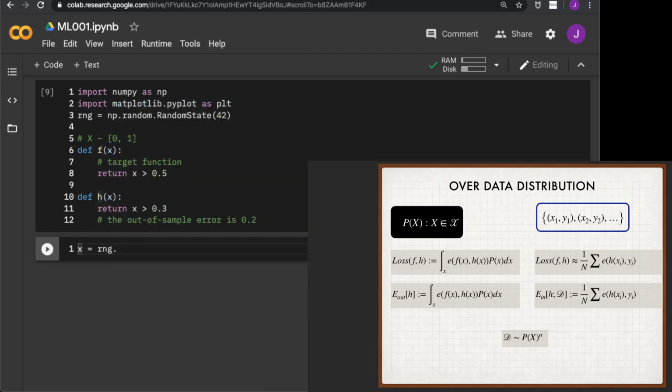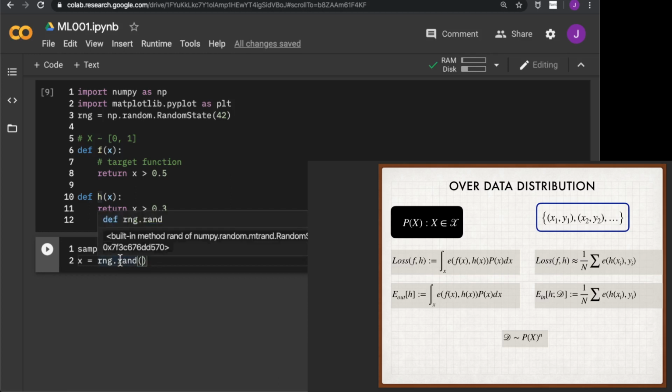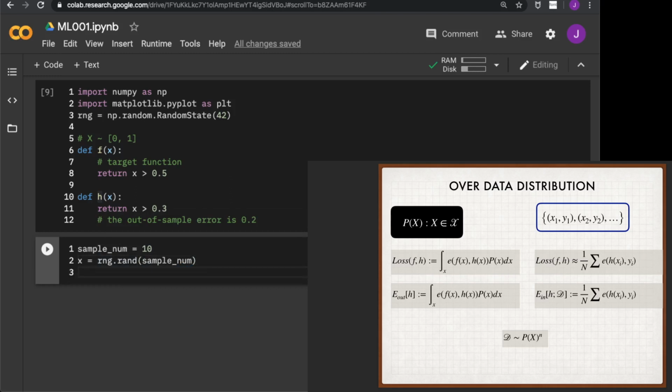Let's say we will have 10 samples in our training data. This rand function is the desired one. It will generate random samples uniformly distributed from 0 to 1. So we will have this number of training samples, and the in-sample error will be